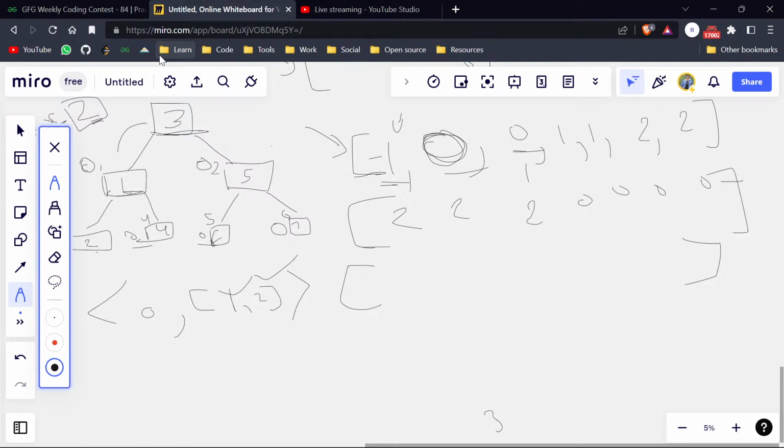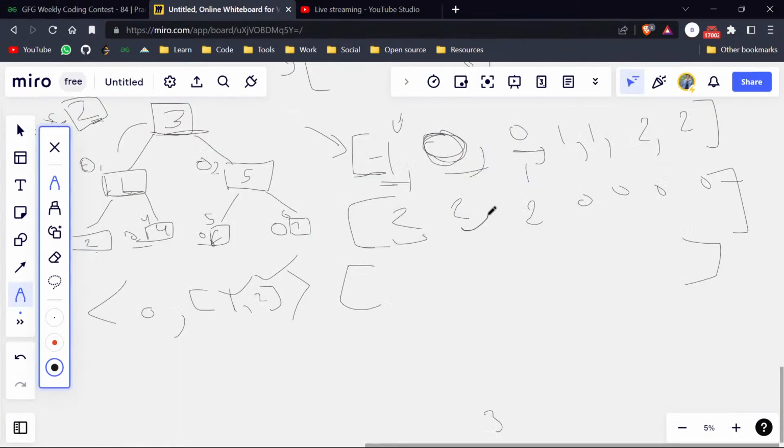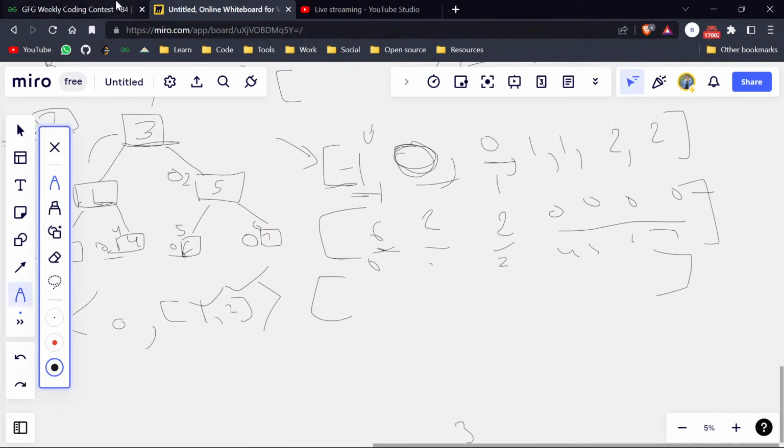Okay, and after that, when we are checking for our 0, we will also add children of 1 and children of 2. How many children of 1 are here? 2, so it will be 4. And how many children of 2 are here? 2, so total number of children for our root node will be 6. So six children for our 0, 2 children for 1, 2 children for 2, and the values 4, 5, 6, 7 have 0 children. So first of all we got the number of children,